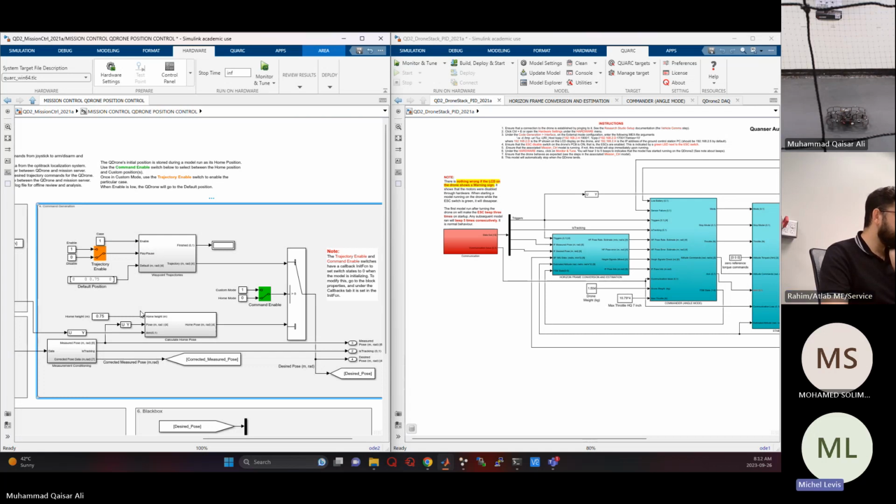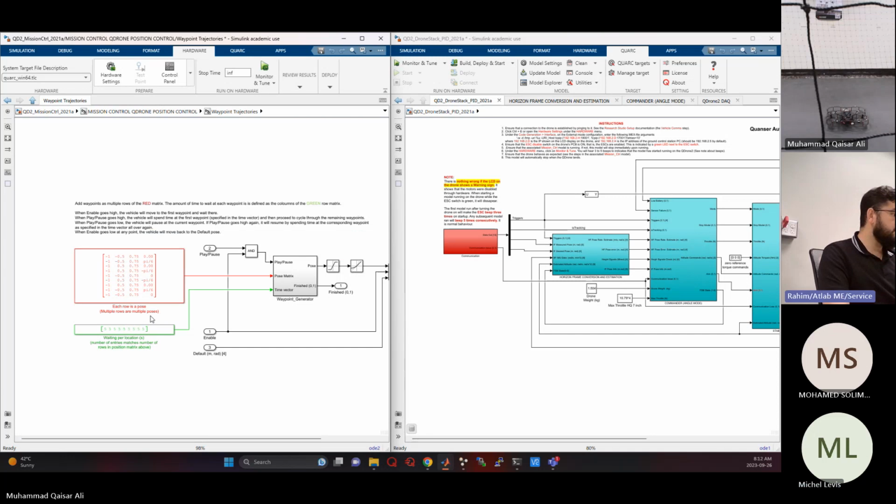Then you can change the case. There are 4 cases: 1 for the X, 2 for the Y, 3 for the Z, and 4 for the yaw. Now, one note: this will change the pulse commands about the X, Y, and Z. So if you look at the waypoint trajectories,